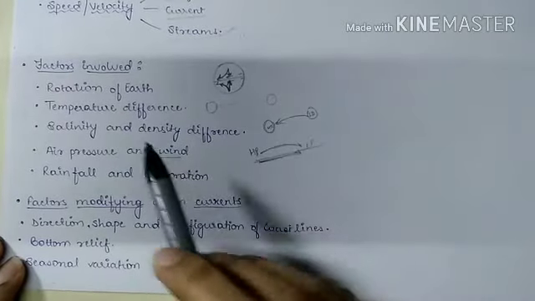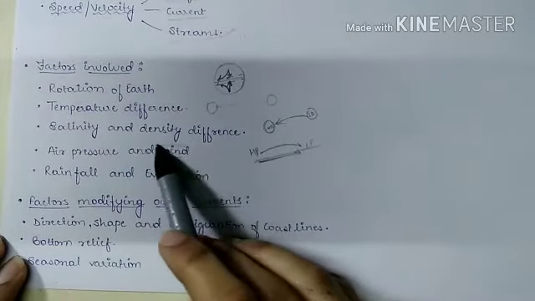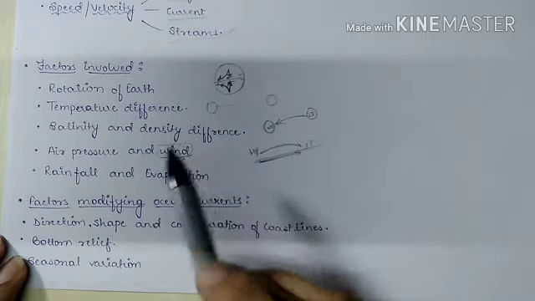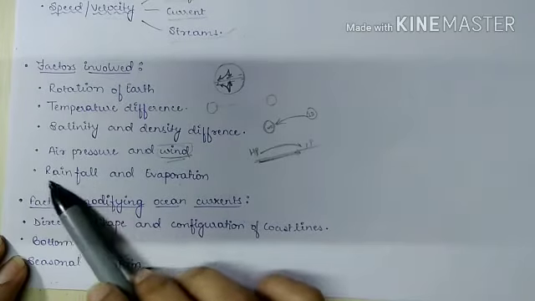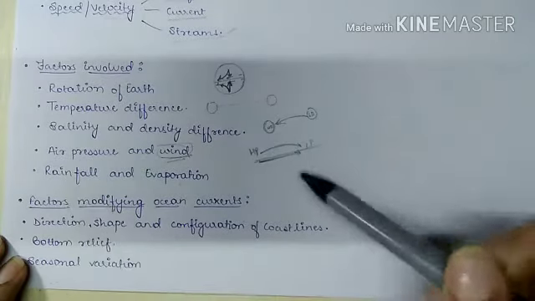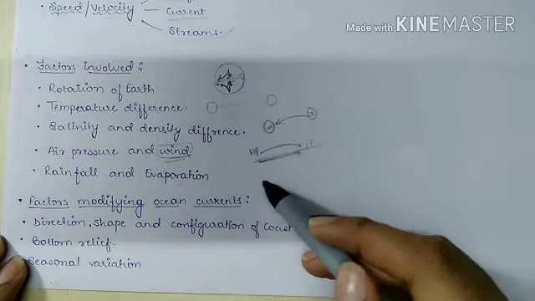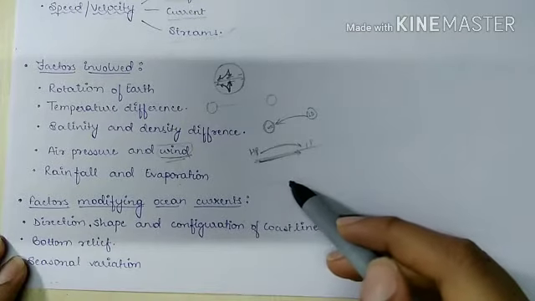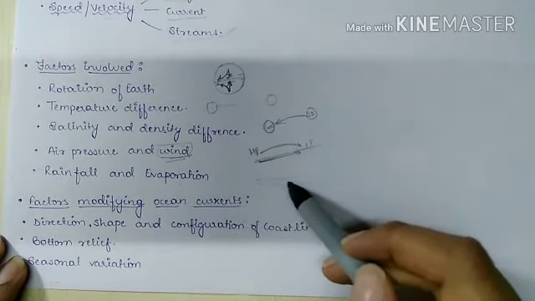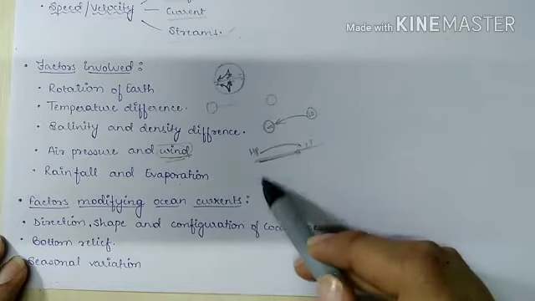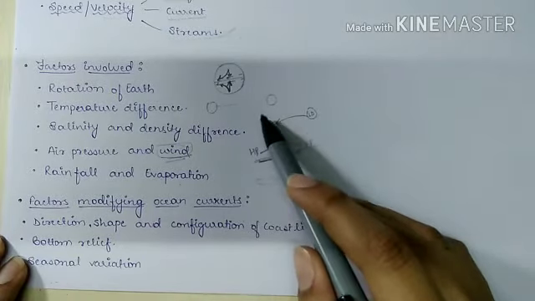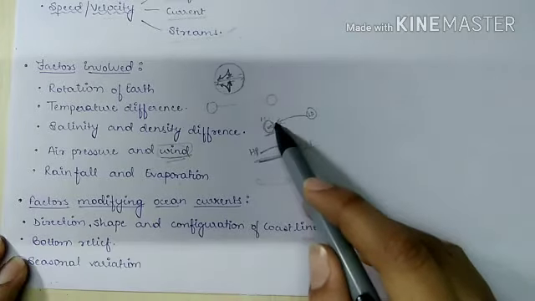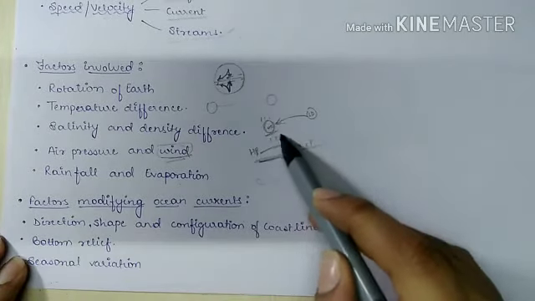Okay, and this happens with wind also. Then we have rainfall and evaporation. So due to rainfall, the salinity of the area decreases, and because of the decrease in salinity, the density of the area decreases. And see, if we have this high density area, and here, because of precipitation, this becomes the low density area, then the